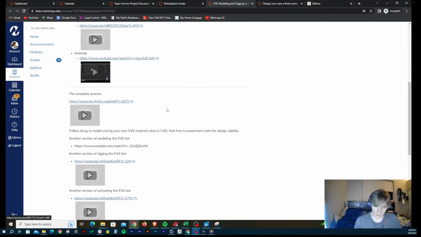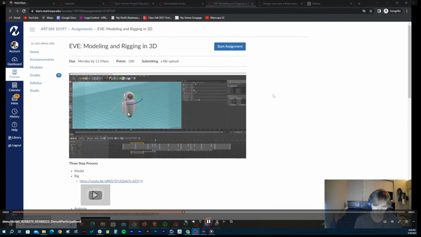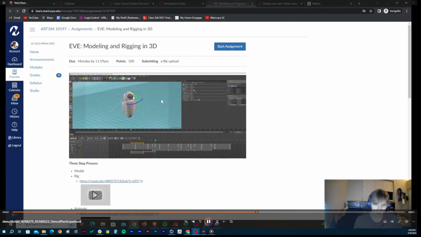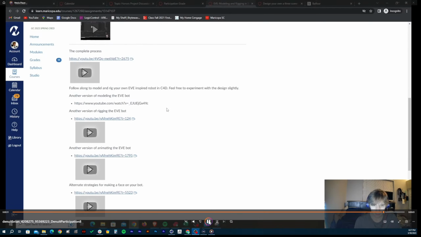I know you said here we have a little bit of customization with the design of the robot, but do we have any customization over the video itself? Like do you want the camera to be locked in this position here? We're going to talk about the camera. The thumbnail. Do you want the movement, the animation to be the same? Like what all can we do and what all should we? If you feel like you're at a place where you can apply a different motion and you understand the concepts of what I'm teaching you,